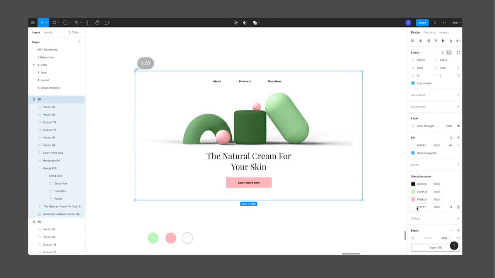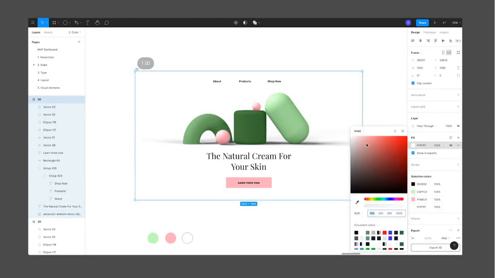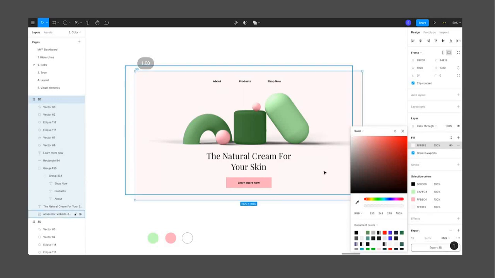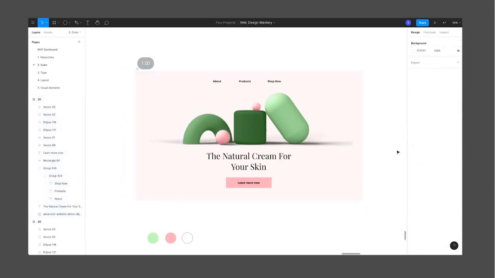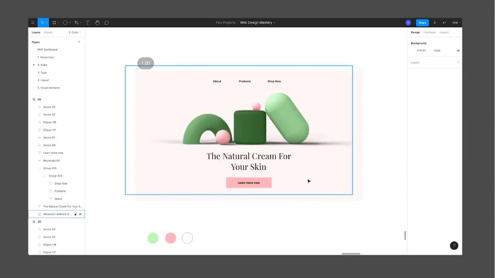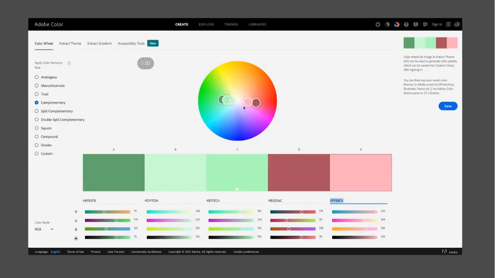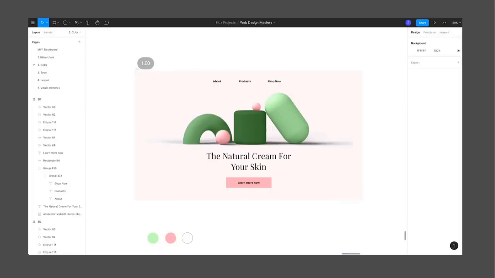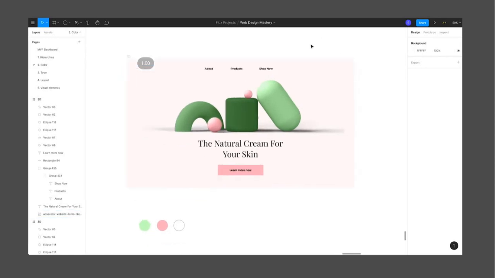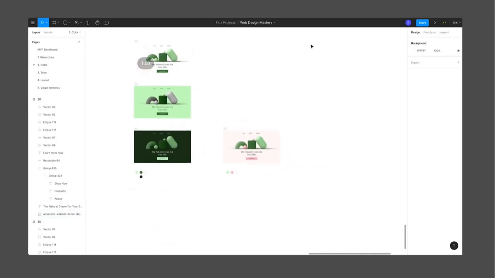I wonder if instead of white we put some kind of a little shade of either the pink or the green. Not completely solid white, but almost. I don't know if you can even see this, but actually it looks pretty good right now. So this is a complementary palette, right? They're from the other side of the color wheel, and it actually looks pretty good compared to what we've done